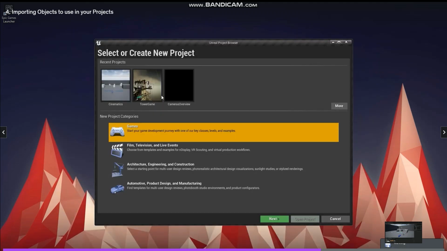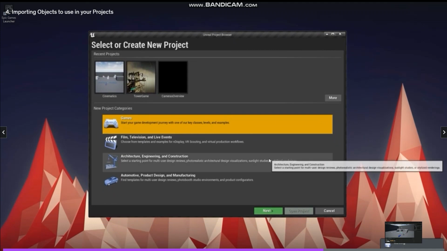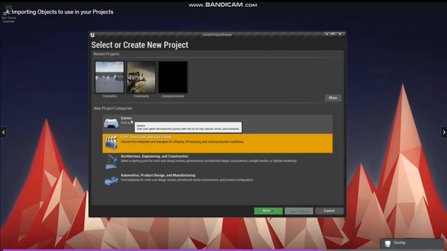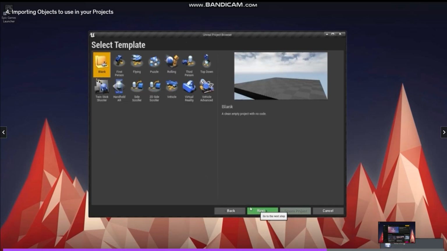All right, so after a few minutes, it's going to open up the Unreal Project browser for Unreal Engine 4. And then what you can do is just select the Games tab here to create a new game project. And you just create a blank project just like this. Just hit